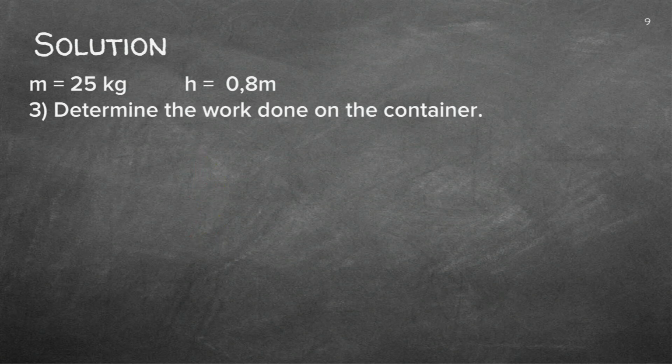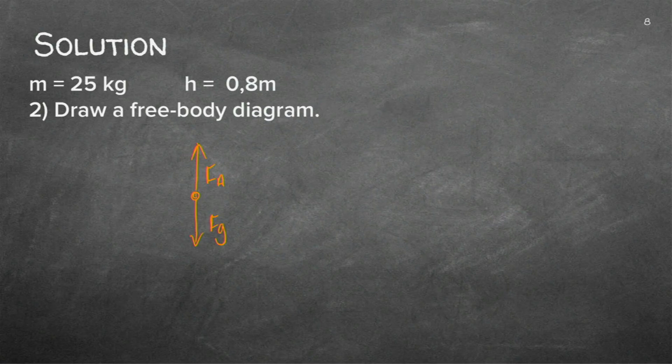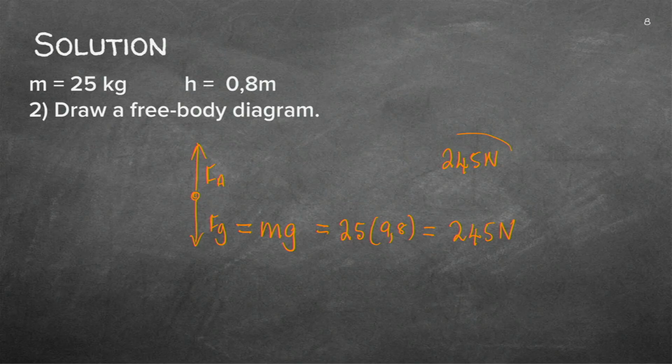Now we've got to work out the work. If I've got the free body diagram, I can calculate the gravity. Can you see we've got 25 and we know it's 9.8. If you now calculate the downward force as 245 Newton, you know the upward force will also be 245 Newton. And just to remind you, because there's no change in velocity, it's constant, the acceleration is zero. Therefore, the forces are equal but opposite in direction.